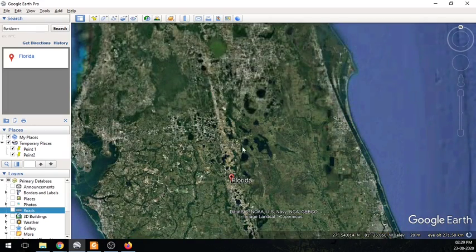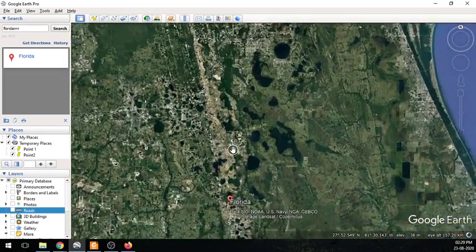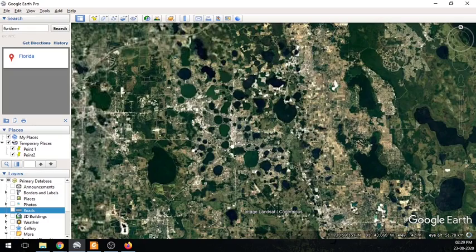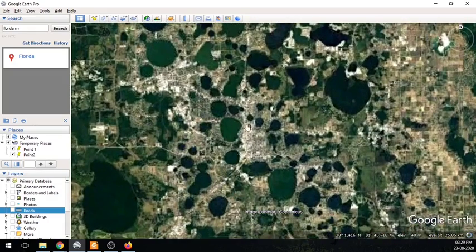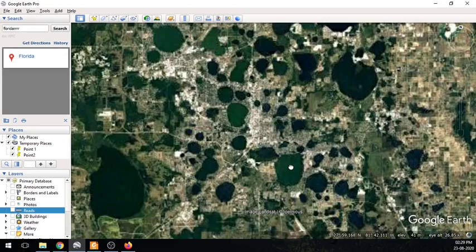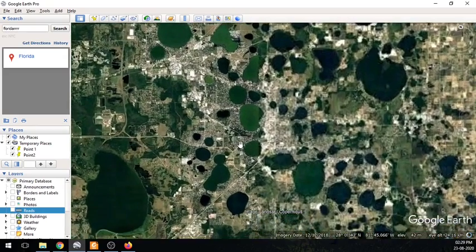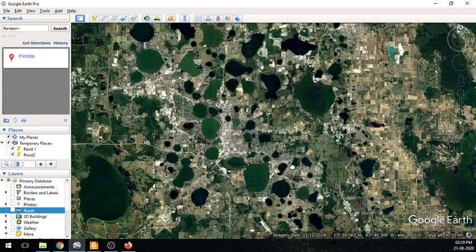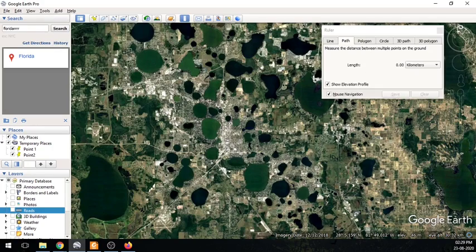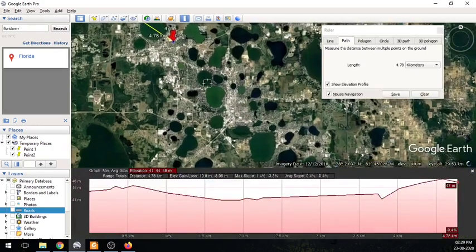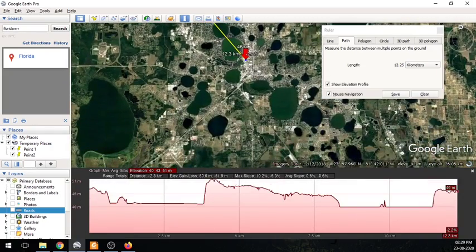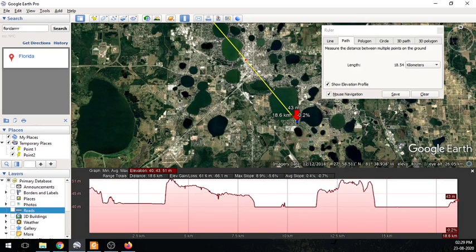beneath Florida, and therefore we get a lot of sinkholes. You see, these are sinkholes. These small water bodies, spherical or subspherical in shape, these are all sinkholes. Now if you want to compare the water level of these sinkholes, then you can use this profile tool. You take the path tool and you try to connect the sinkholes through this path, and you can see